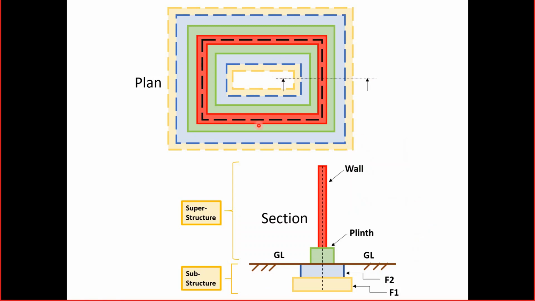As I was saying, this is the starting line of the PCC and this is the end line, right? This width is 2 meters. That is why it is indicated in yellow color. Now this blue color line is the first layer of SSM, right? So let's assume the width is 750 millimeters. From here to here it is 750 millimeters. Similarly, the green color indicates the plinth. Plinth is, let's assume, 450 millimeters, right? And the wall thickness is 230 millimeters.